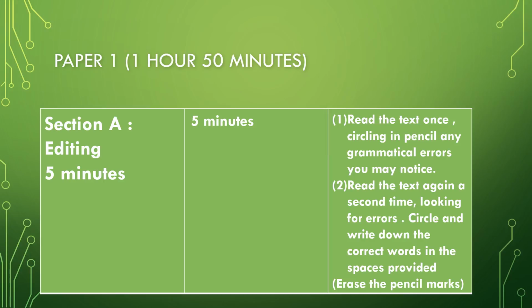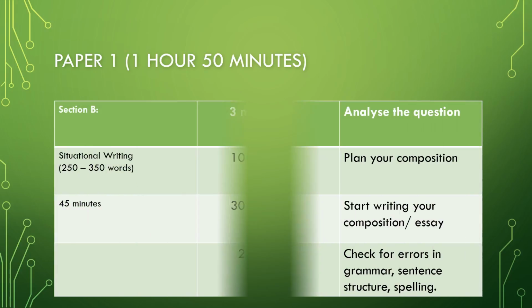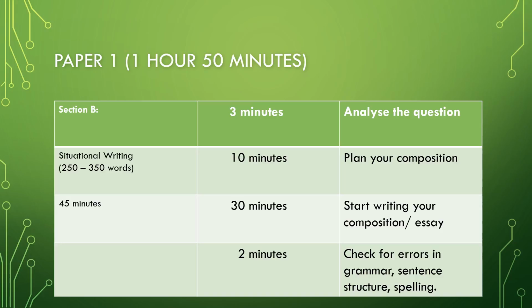For editing, 5 minutes is the most that you could spend. Read the text once and then read it again. Look for errors, circle them, and write down the correct words in the spaces provided. Moving on, we have situational writing in the same paper. If you spend 5 to 7 minutes on your editing, you will have sufficient time for your